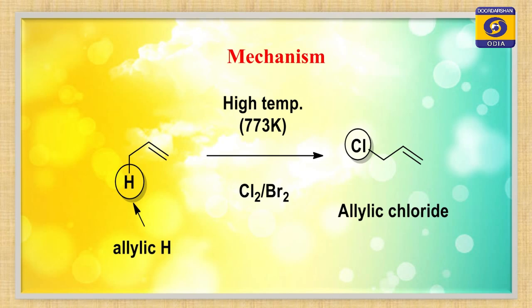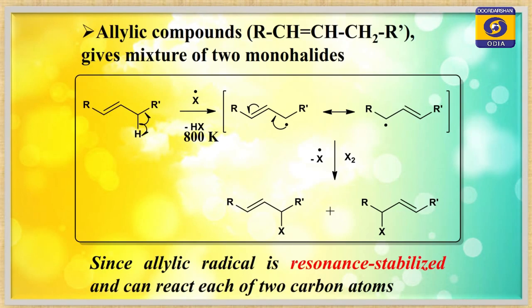You see the example of this one, I have replaced the hydrogen, marked it on the screen. The allylic hydrogen has been replaced by chlorine atom. Next one, this one. Why is this happening? Because the allylic free radicals are more stable. You see in the screen, I have given you one example of an allyl where you can replace hydrogen atom, and after replacing the hydrogen atom from sp3 carbon, it undergoes resonance.